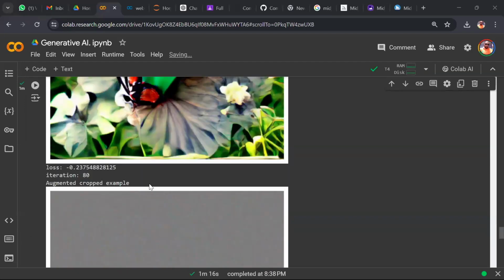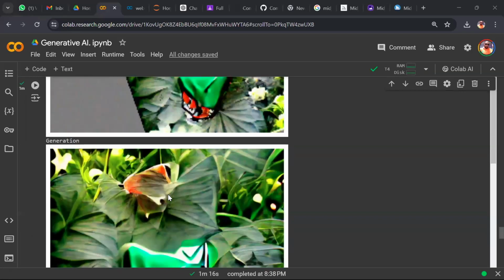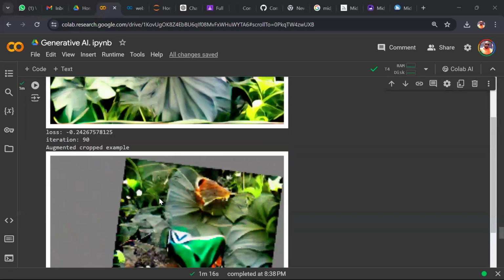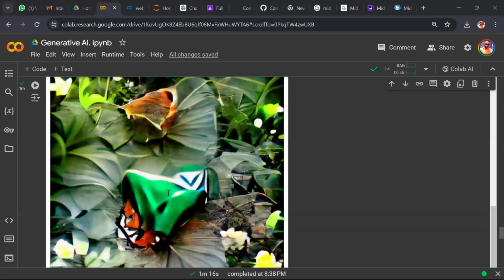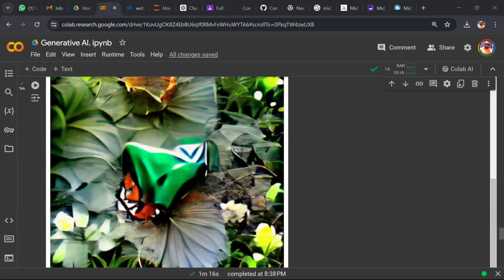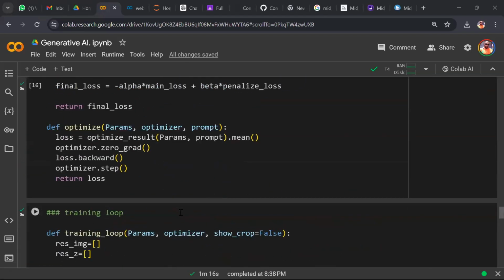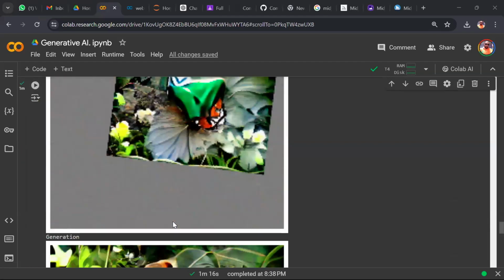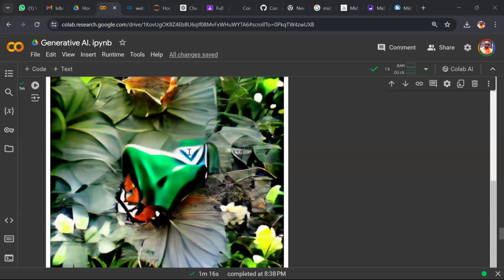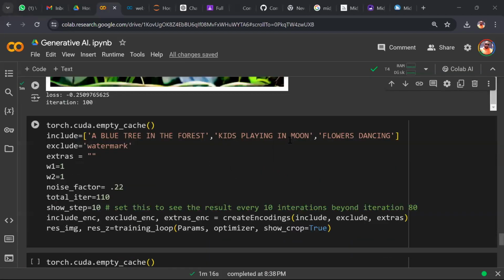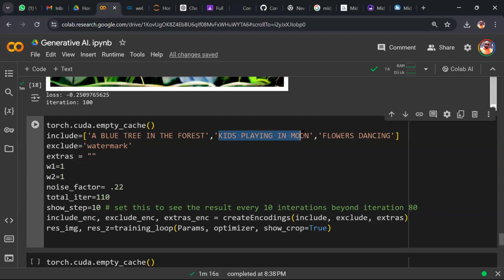Have you done these practicals in data augmentation or not? Now finally we have done this. See how these images are created. Now how many text prompts did we create here? Only one text prompt. And I said a blue tree in the forest, kids playing. Okay, now not kids playing,